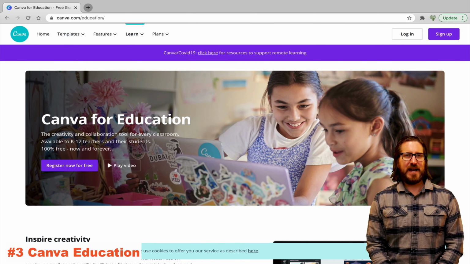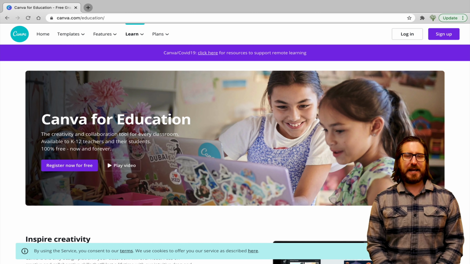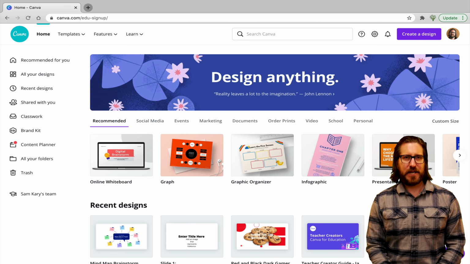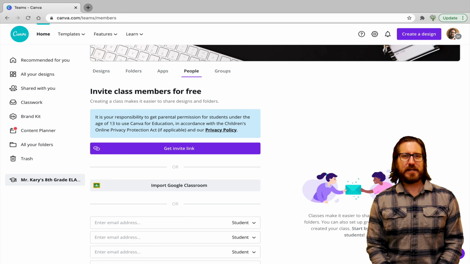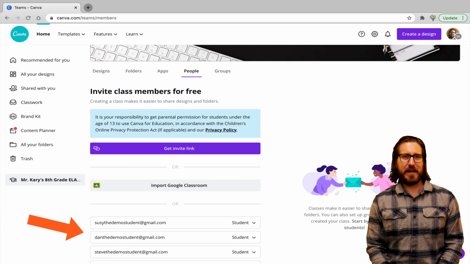Next on my list is Canva Education, my top pick for both teacher and student creativity, though it's also highly functional for creating interactive activities for students too. Educators can get a Canva Education account for free. And once you do, you'll have access to loads of education-specific creativity tools and templates you can use to create lessons, assign interactive worksheets, collaborative whiteboards, as well as graphic design and video templates students can use for their own creativity projects. Canva also integrates with Google Classroom, so you can sync your class roster to bring students directly in from your learning management system.